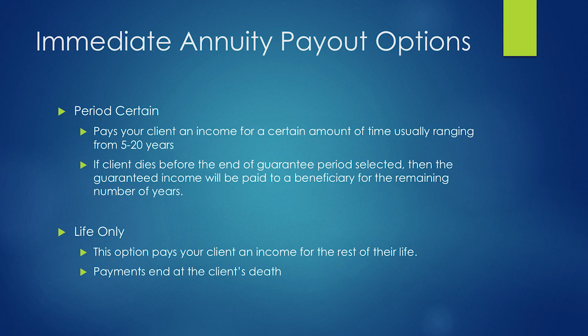And do they have access to their money? Again, you can't have it both ways. You can't say I want to make 3 or 4% on my money and have total access to it, because that just doesn't exist out there. But you do have access in the sense that most of the products will give you a 10% free withdrawal each year. You have to be careful what you see. A lot of times when you see these real high fixed annuity rates, it's because they don't have a 10% free withdrawal.